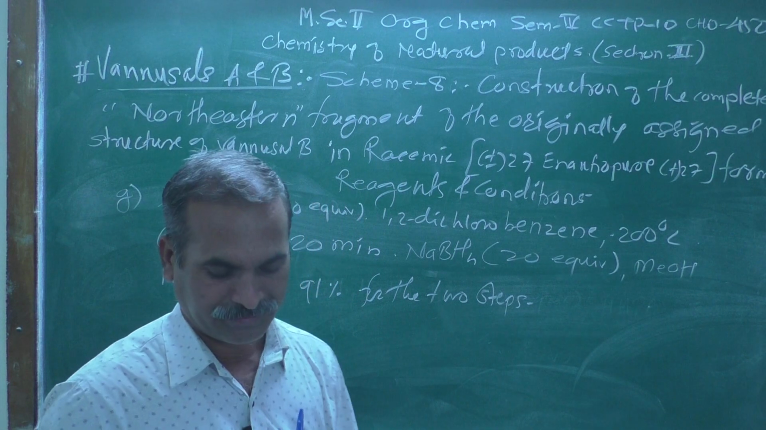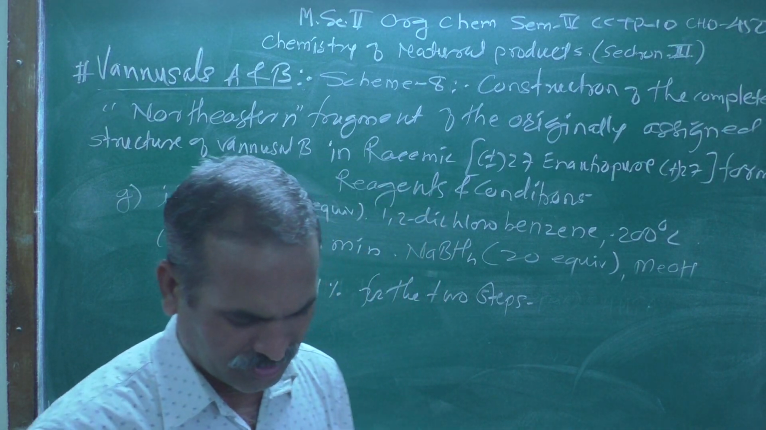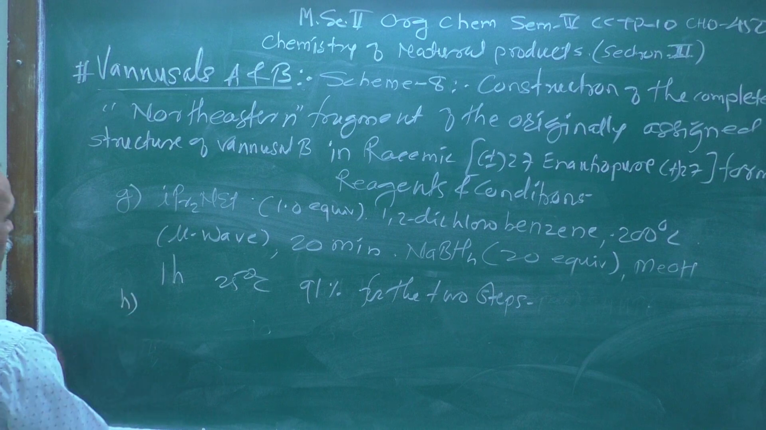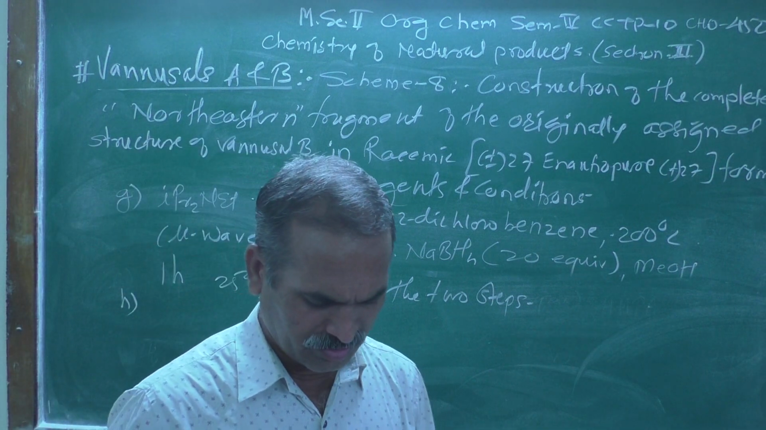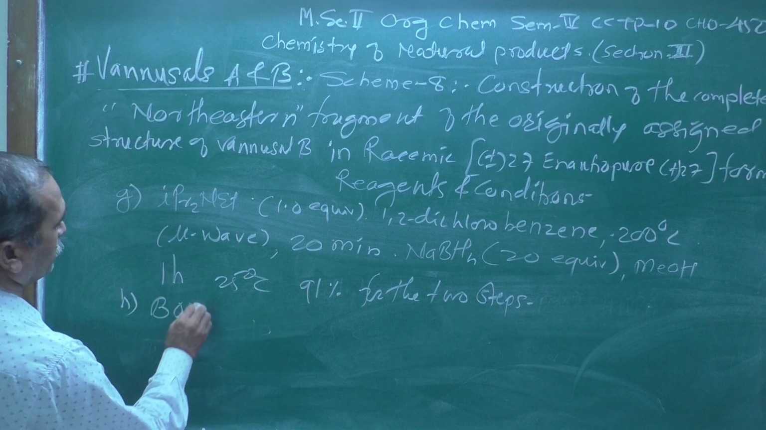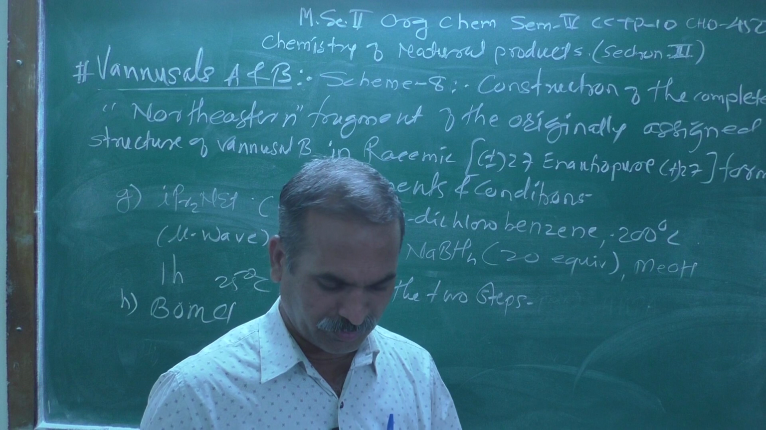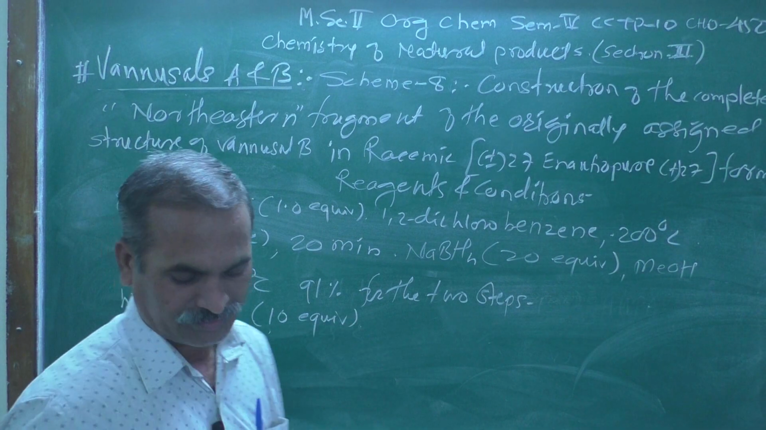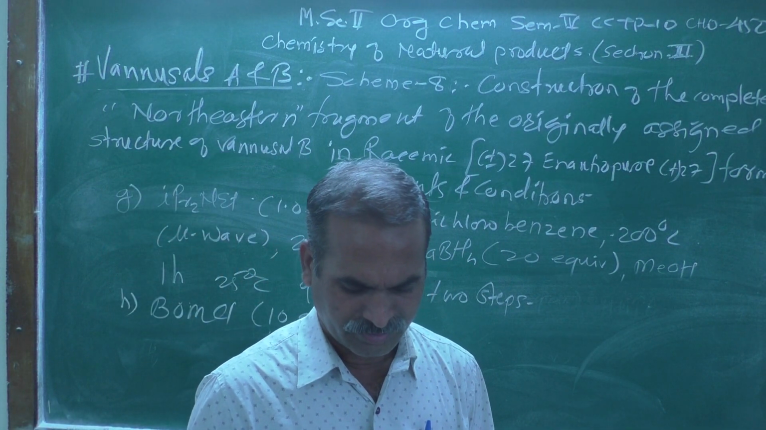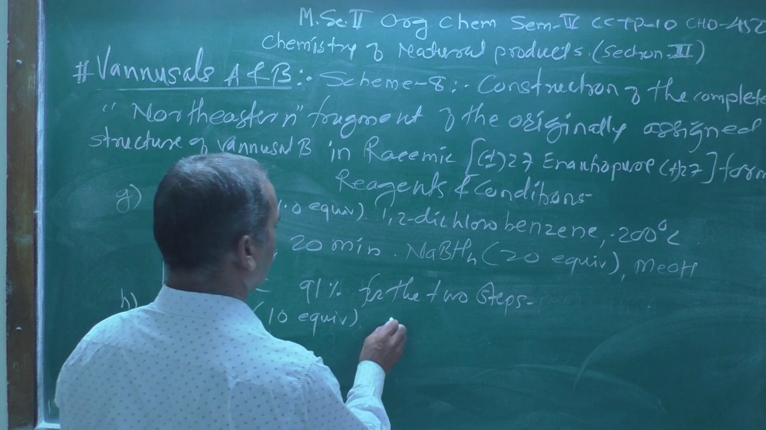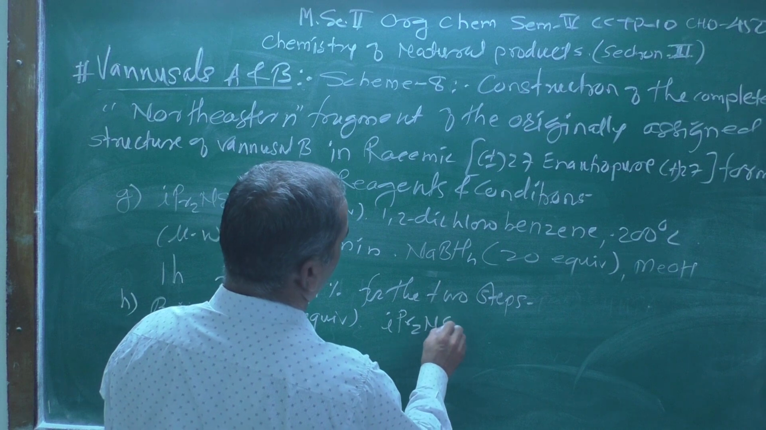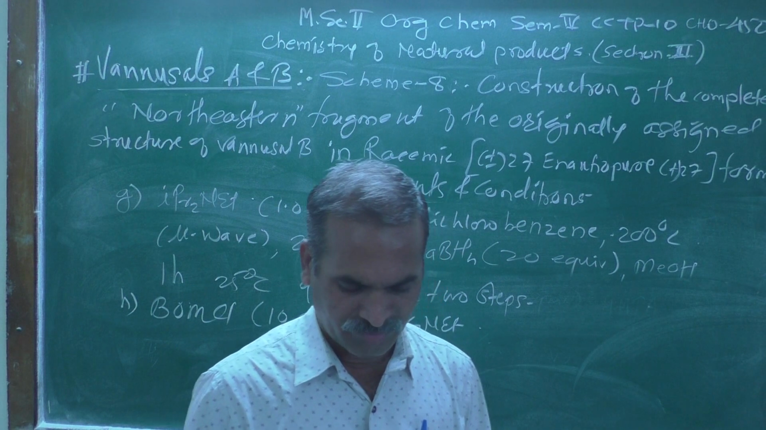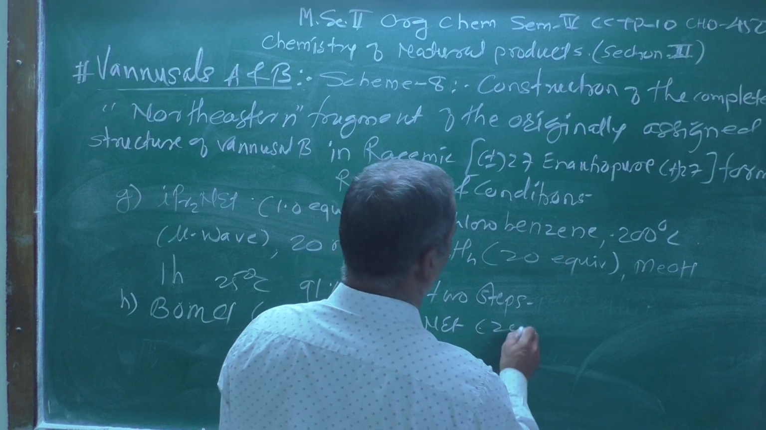For the 2 steps. Then the next reagent which was employed here, G now is H. H is a bomb chloride, BOMCl, which is also a protecting group, which was taken approximately 10 equivalent in presence of iPr2NEt, that is diisopropylethylamine, which was taken near about 20 equivalent,